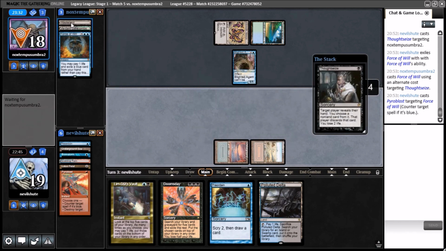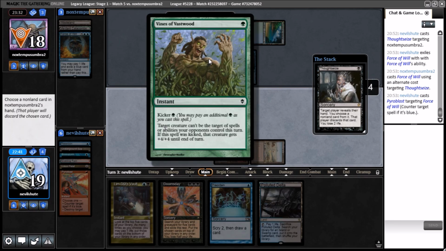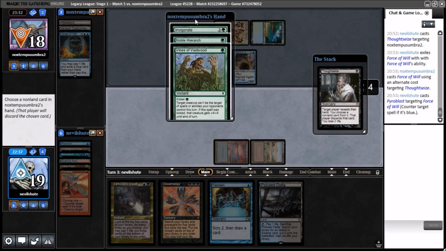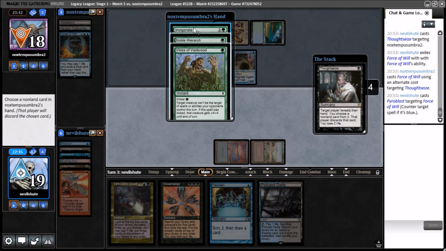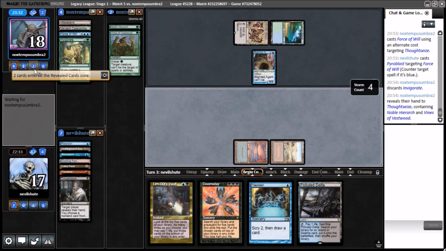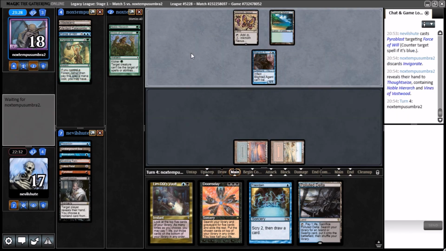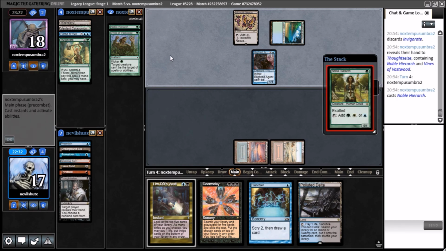So let's see here. Okay, so they had this. I think I'm going to have to take Invigorate, right? There's still a lot of things that can go wrong for us here. They could top deck a Daze, which means we can't Doomsday next turn, or they could top deck like... I don't know...